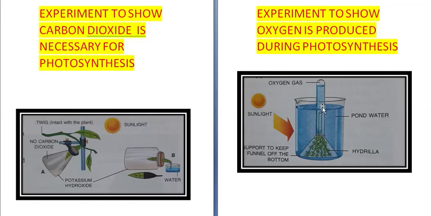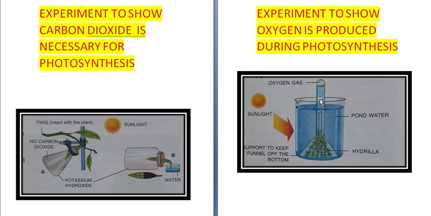In sunlight you have placed the apparatus. For a few hours, bubbles of gas will collect in the test tube. You can test the gas in the test tube by putting a glowing splinter into it, which will burst into flame. That shows that the gas present is oxygen, since it's helping in combustion or burning.